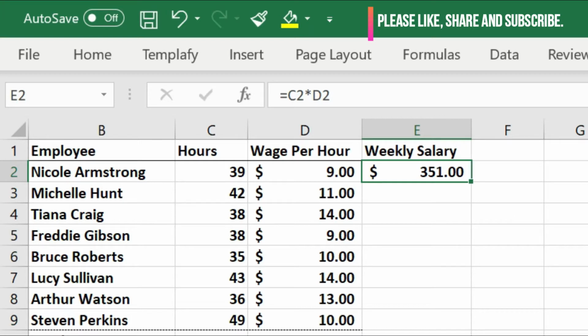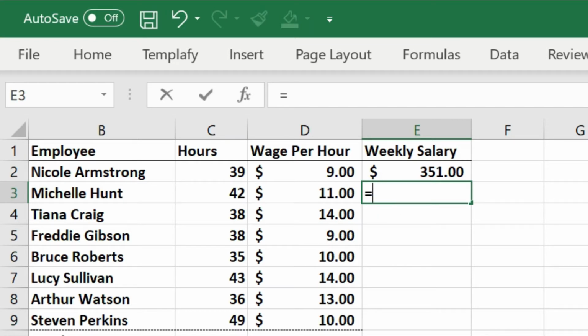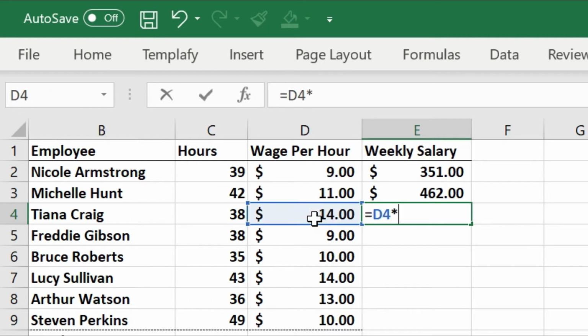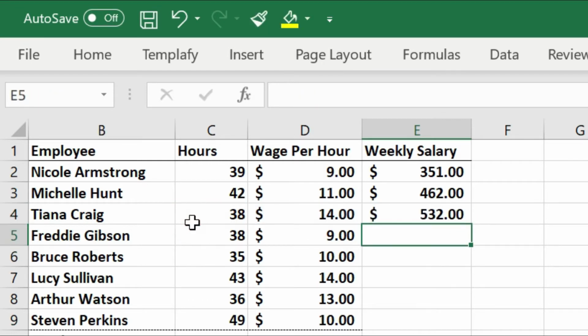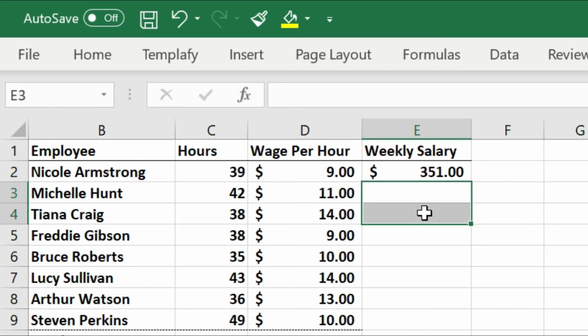Now our task is to calculate the similar weekly salary for all other employees, and there are a number of methods through which we can fill all these respective cells. The not so efficient way is to just go to each cell and repeat the same formula or the same operation just like this, for each of these cells. But as you know, this is not so efficient. In practical conditions, in real business, we must have millions of rows to fill out.